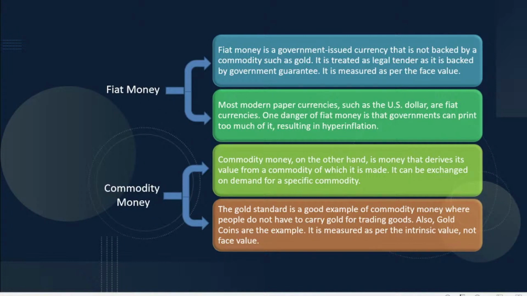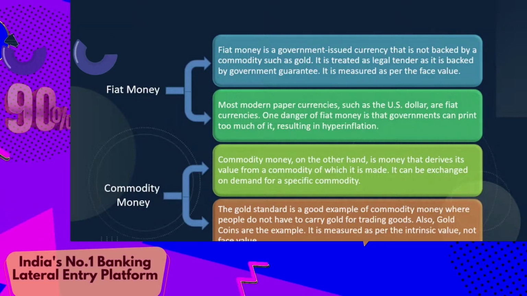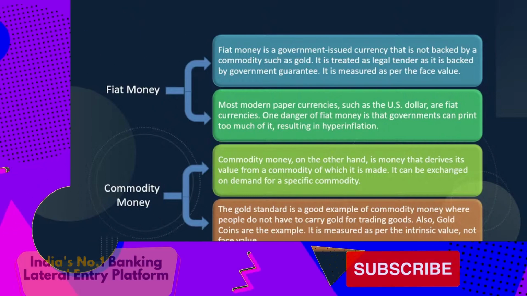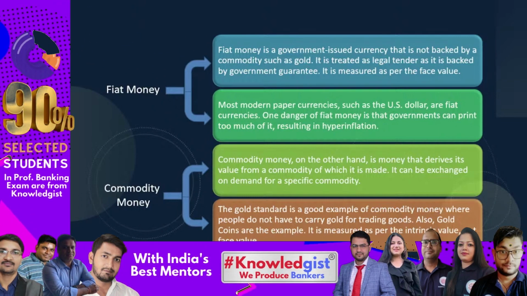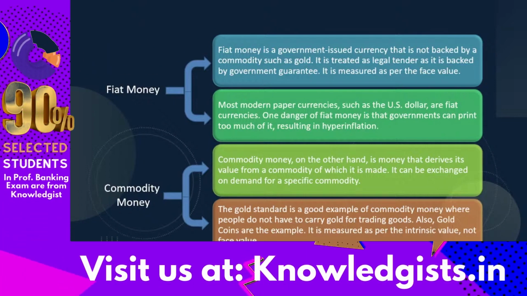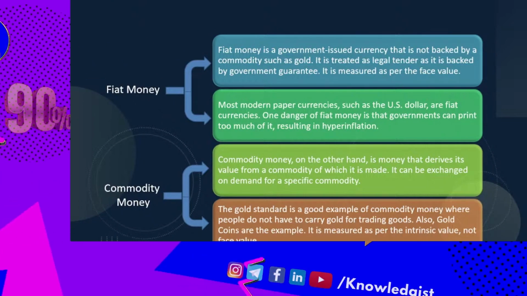But if you look into the printing cost of a 2000 rupee note, it will come around 1 rupee or 1.5 rupees, right? I don't have the exact table of the printing cost of a 2000 rupee note. Assume that it will cost you rupees 1 or 2 to print that currency. So that means we don't derive the intrinsic value of a 2000 rupee note. We only value the face value of that note, whatever is mentioned on the face of that instrument, right? So that is the main characteristic of fiat money.